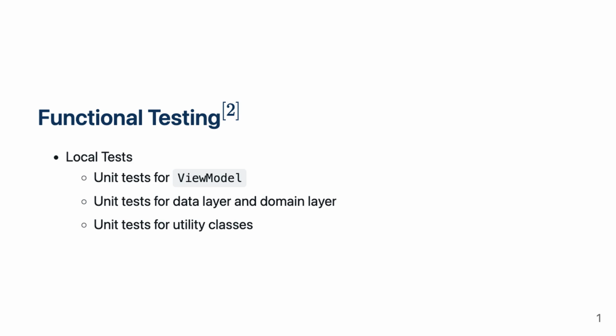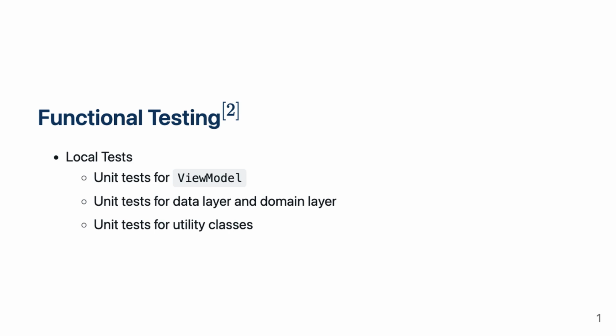Functional testing is a fundamental test to confirm that your app is working as intended. Local testing is a test that runs on a local JVM. It is recommended to do functional testing as much as possible with local tests because they are faster than instrumentation